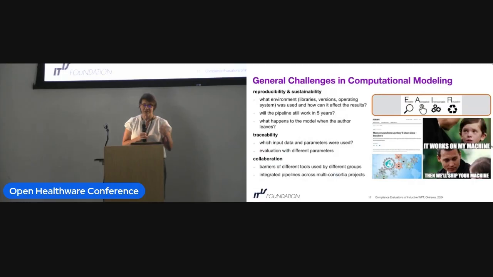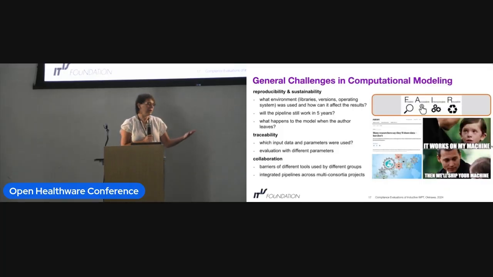And I figured this might be where we might have some overlap, maybe. The challenges in computational modeling are the same challenges that are present in experimental wet lab applications too. Reproducibility and sustainability. Will it still work in 5 years?